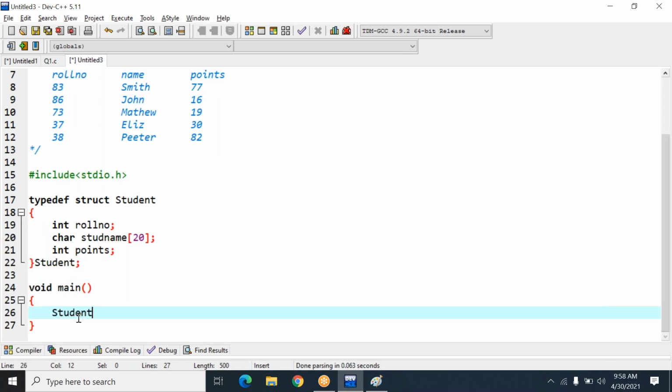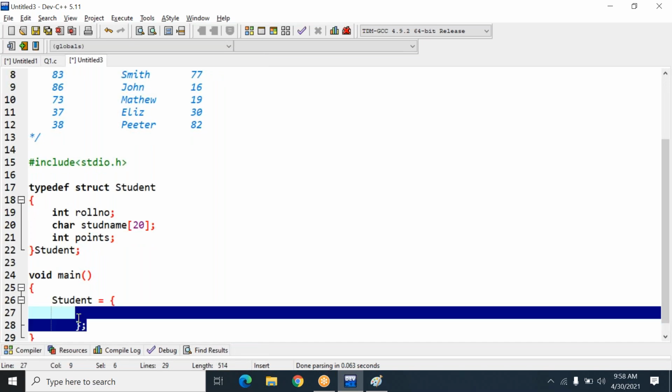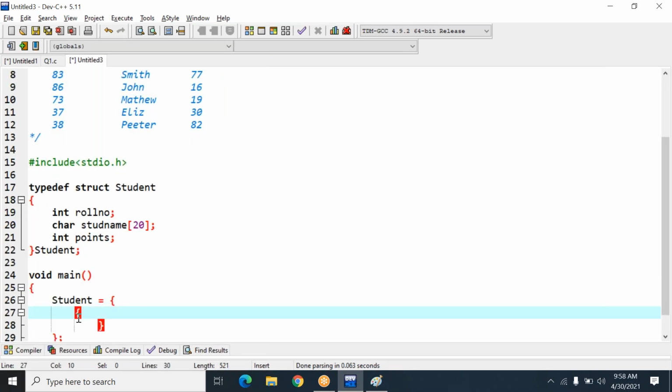So student is equal to, in curly brackets, we create the records. So I'm typing the first record as they've given the records already. So 83 is the first record, name is Smith, points scored 77. Second record is